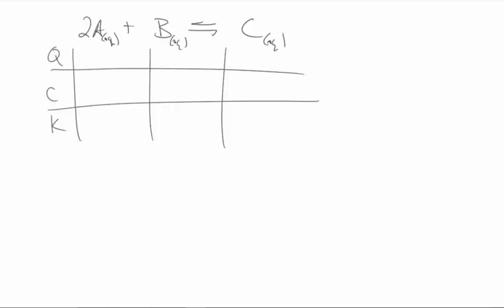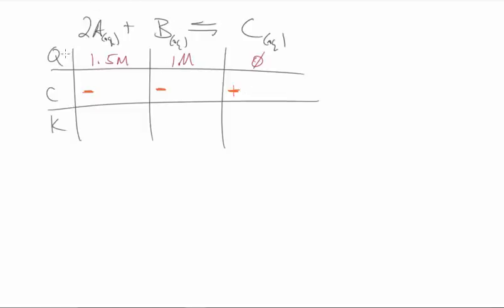So now again, I promised to quantify this. Let's say we start out with 1.5 molar A, 1 molar B, and no product. So again, I know my reaction has to go in the forward direction, right? Because I don't have any products, I can't go in reverse right at the beginning, all right? So I know what's going to happen. I'm going to lose reactants, right? So I would have a negative change on there. Some of them are going to be consumed, and then I would have a positive change on my product side,